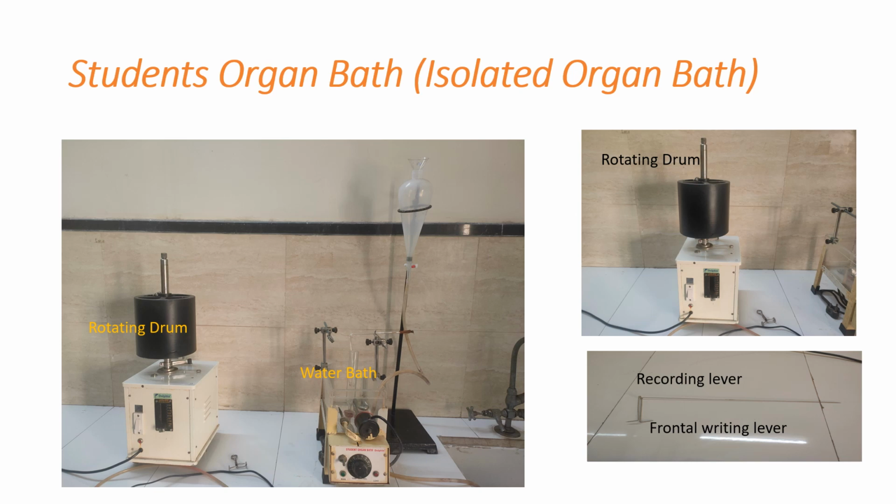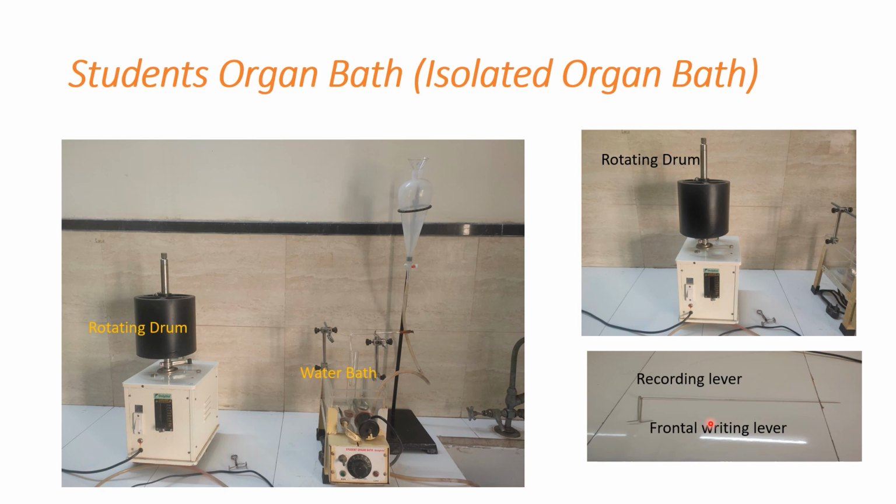Besides tremendous development in electronic devices and recording systems, conventional equipment, for example the student organ bath, are routinely used for experimental pharmacology. The complete assembly of the student organ bath consists of many parts that include water bath, rotating drum, writing lever,